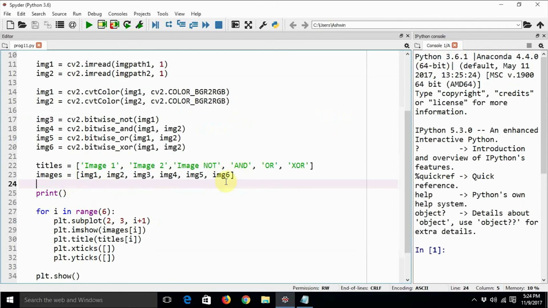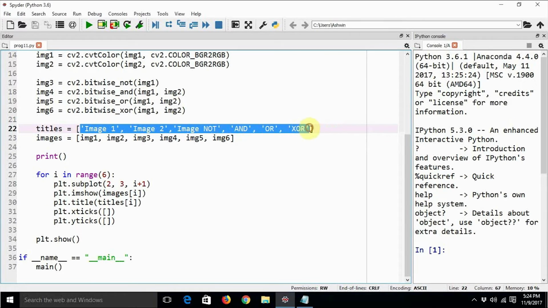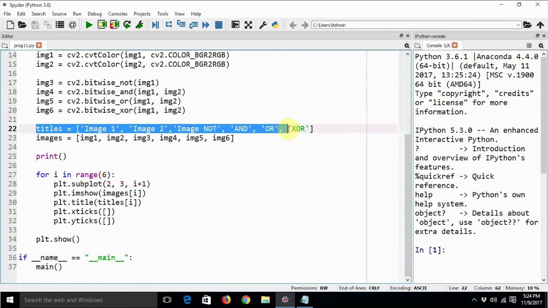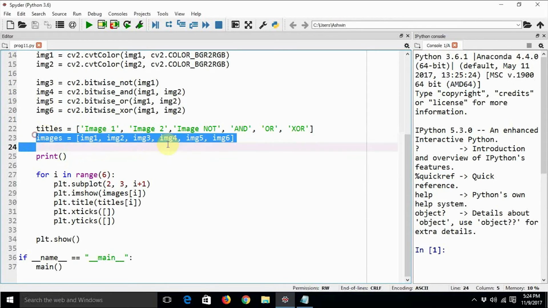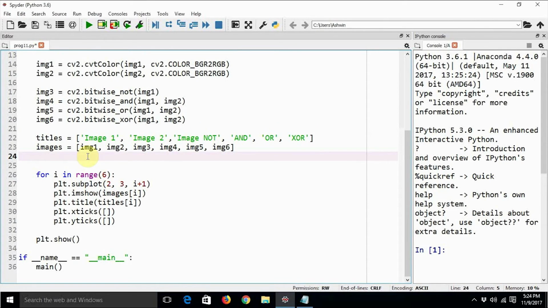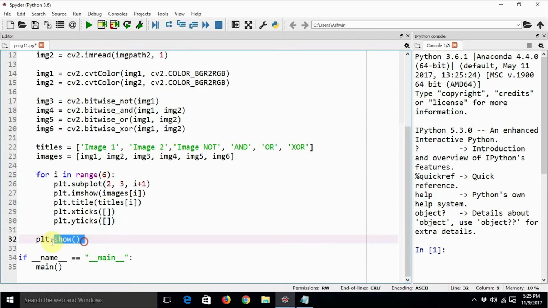This is how we have written the program, and now there will be 6 images in the output panel, because 2 images will be the original images, and there will be an output image for each of these lines. That's how we have created a list of titles. Then we have created a list of images, and we are simply executing this block of code, which is going to push all of these into a queue, and then plt.show is going to show the entire panel.